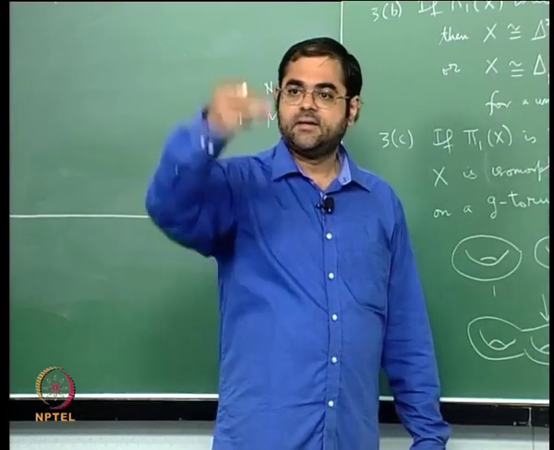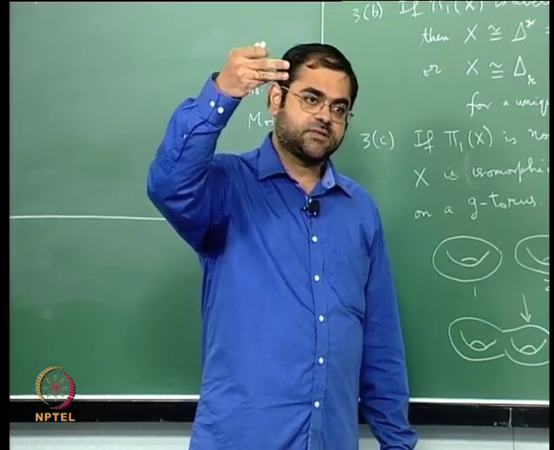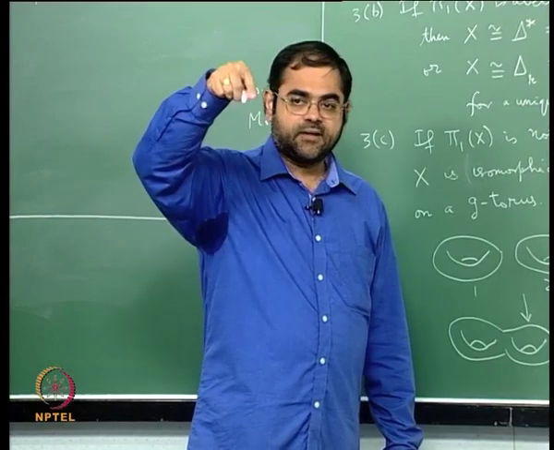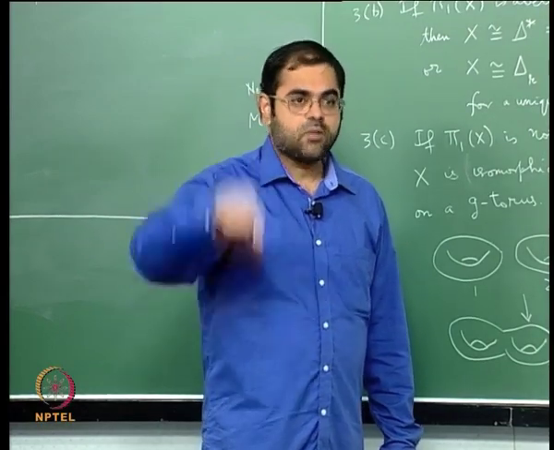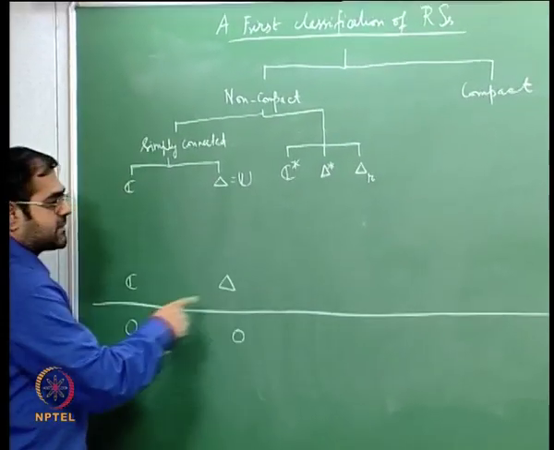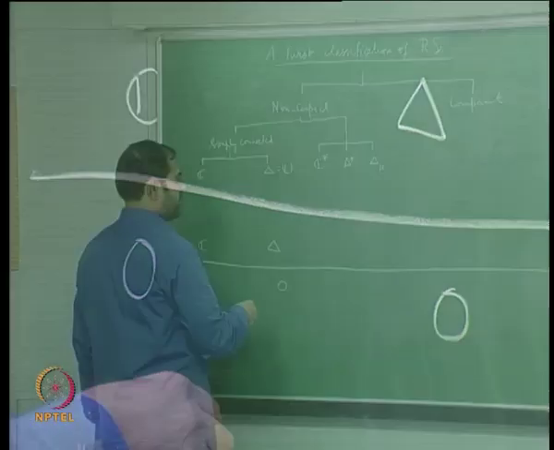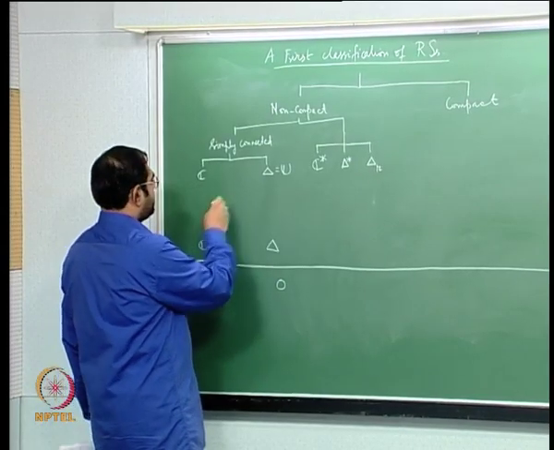So whenever I say universal covering of a Riemann surface, it means that the top space is also a Riemann surface in a unique way such that the covering map is a holomorphic map, okay. So please remember that. So in this case the universal covering is the complex plane, here it is the unit disk, and the